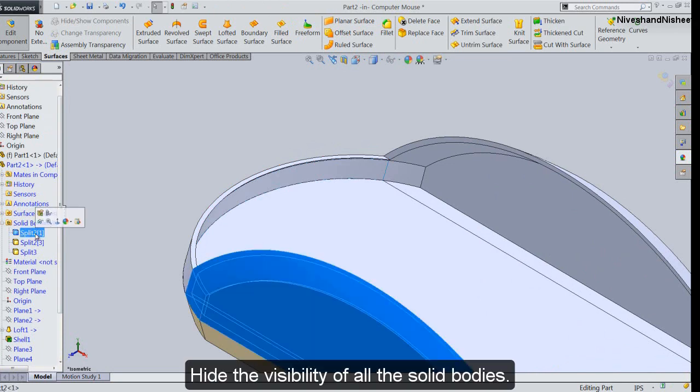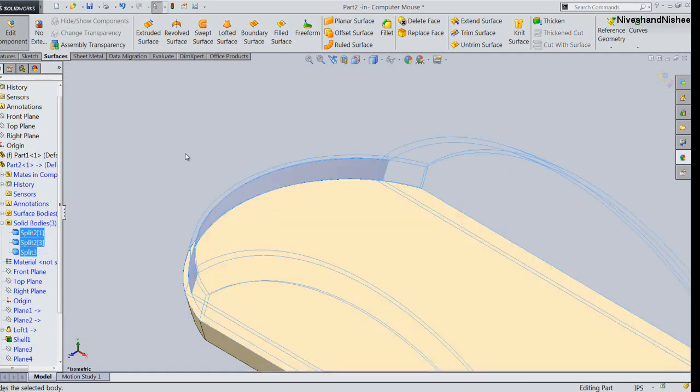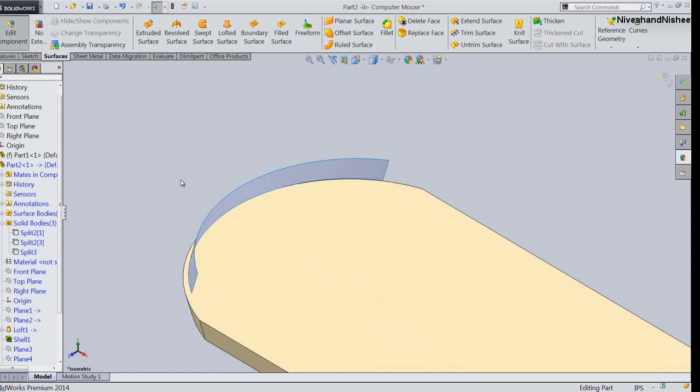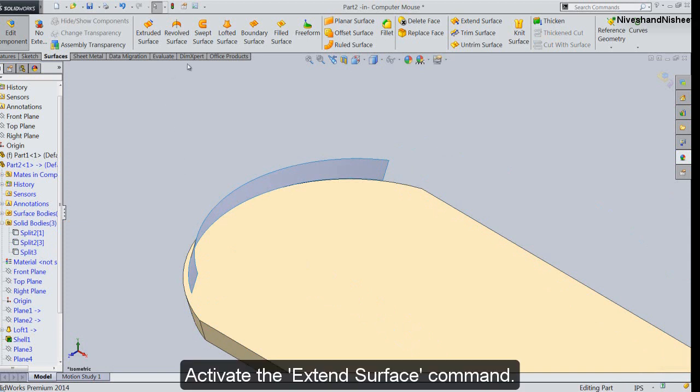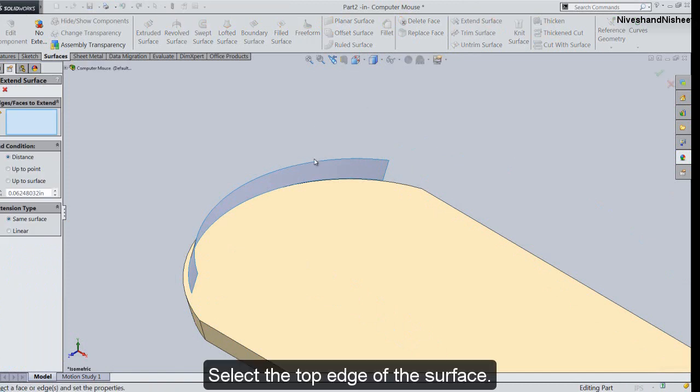Hide the visibility of all the solid bodies. Activate the Extend Surface command. Select the top edge of the surface.